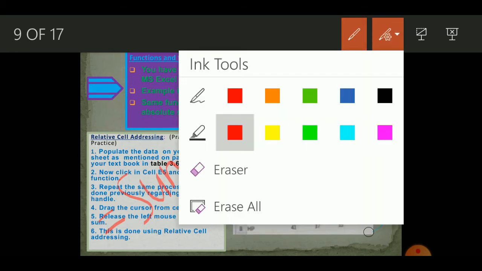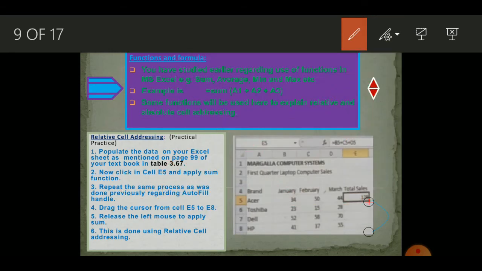So after that, when you are done with it, just like you previously used the autofill handle, move to the corner of the cell until it turns into a black plus sign, and then drag the cell to the last cell, where the last value resides. Now what you have done, you have covered the topic of relative cell addressing. That's right.